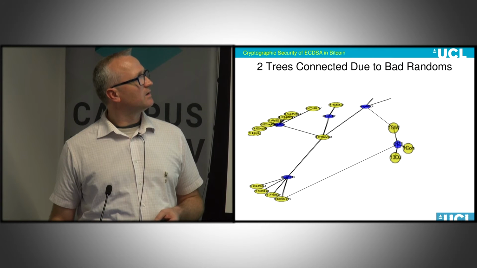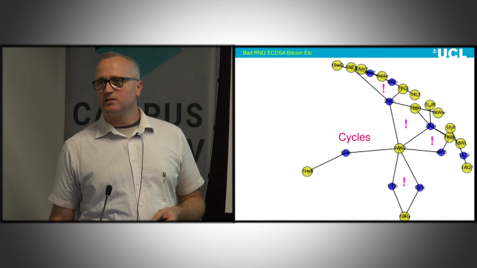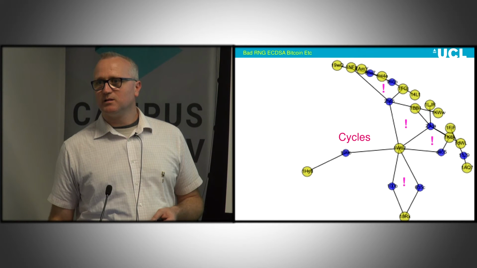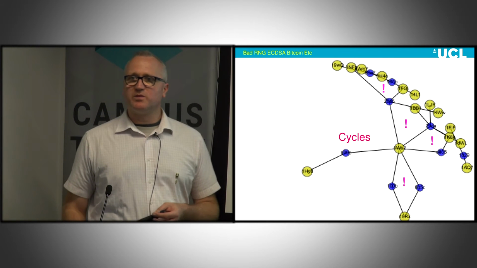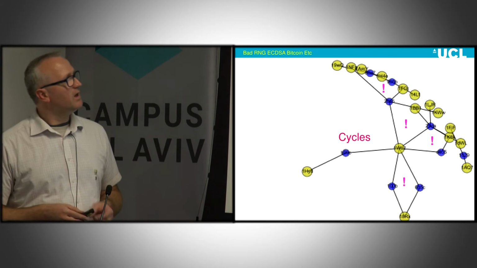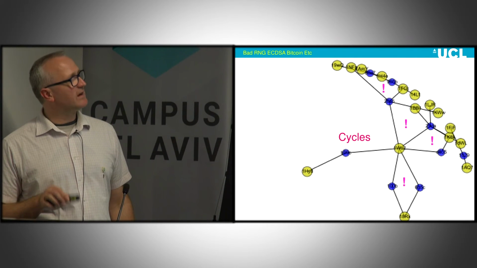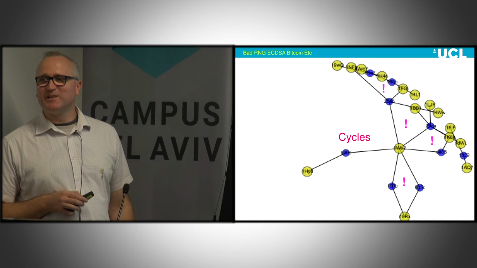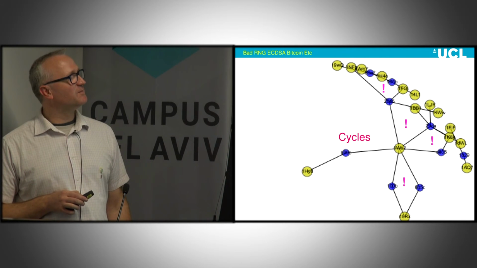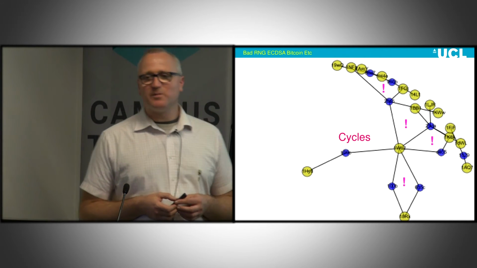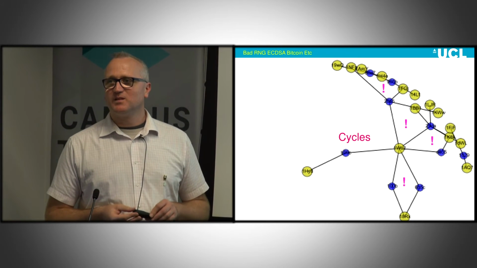So this is basically the same problem as the German guy choosing X, Y, and Z, and then ASDs. Bad randoms is the only problem. So it's not the only problem, but it's almost the only problem. So this does happen in Bitcoin. This is based on real life data from Bitcoin. There are lots of cycles currently in the Bitcoin graph. It's not a very large number, but there are a few. So this is happening.